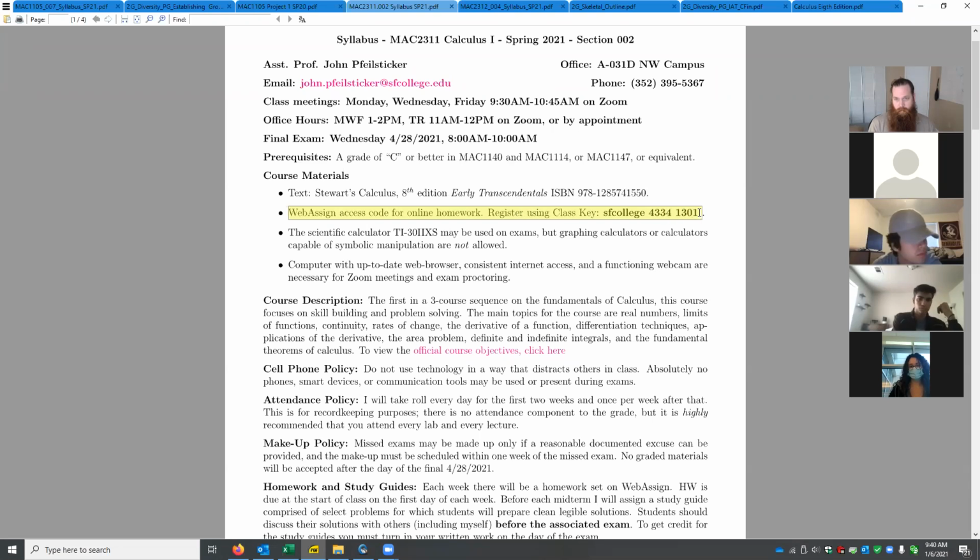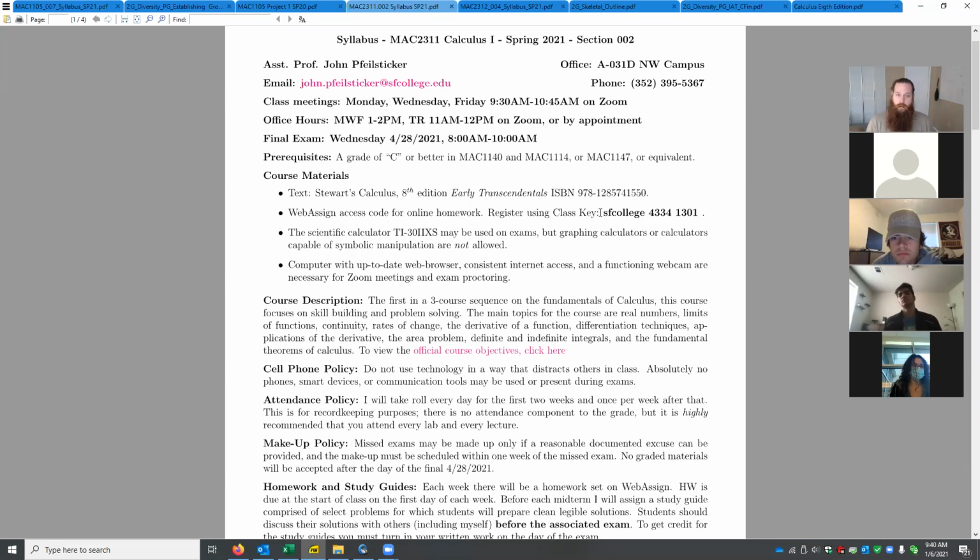So this is something that even if you don't have your access code yet, and you have to purchase an access code for WebAssign, even if you haven't done that yet, you can still register. Just go through the process like you normally would if you had an access code. And when you get to the page that asks you for the access code, scroll down and you'll see a light gray link that says click here to start trial access or click here to start temporary access. That will get you in for the first 2 weeks of the class, even if you don't have an access code.